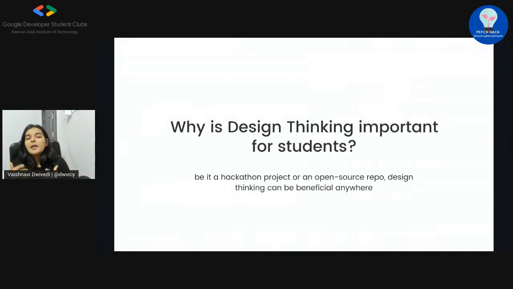So usually people are without a goal in their head, or without any plan of sort, especially developers, and especially developers who are very new to the field and have just started building projects. A lot of people have this question: how do I think of ideas, how do I build innovative projects? Because a lot of people end up building something like a Netflix clone or a Twitter clone, which is all right to